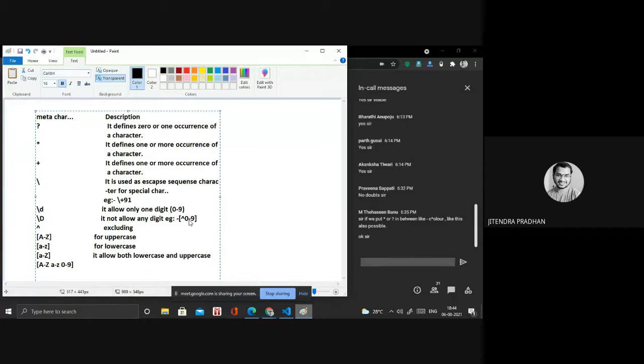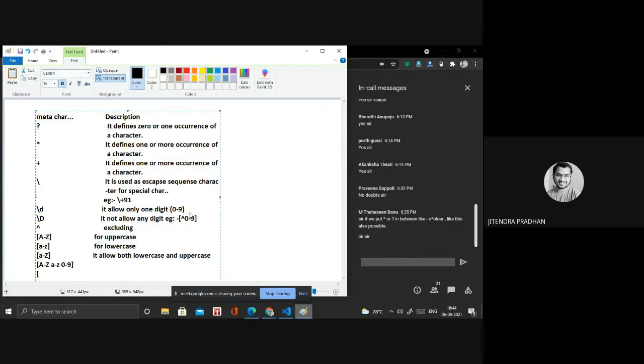Okay. So I told you, if I don't want to allow a particular character, I need to use the excluding symbol inside that. Let's see.